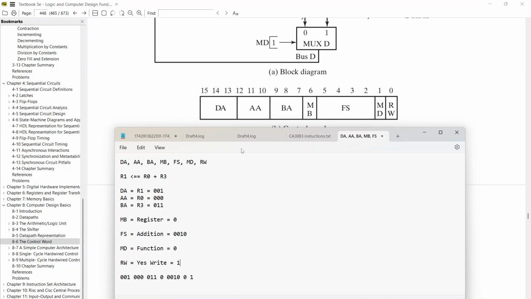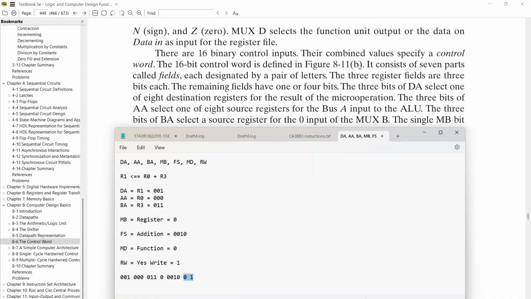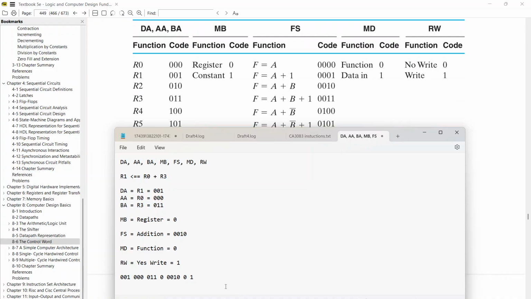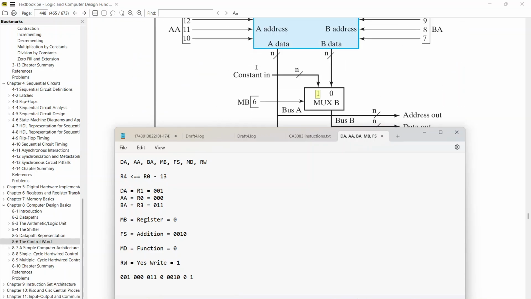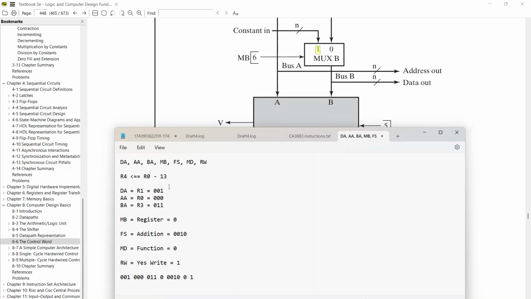If we go back, you can see here that it lines up 3, 3, 3, 1. This one has 4 digits. This one has 1 and 1 digit by itself. And just for a final bit of practice, if we had, let's say, R4 equals R0 minus 13, right? You will notice that a constant in can only go into B. A constant in cannot go into A. So this order is important. If we had,